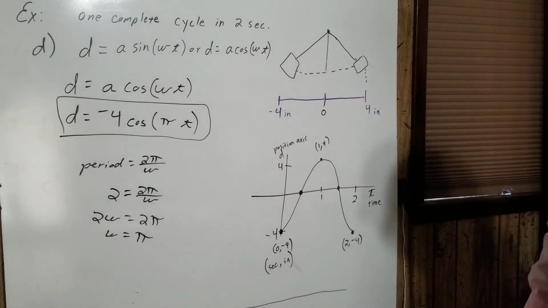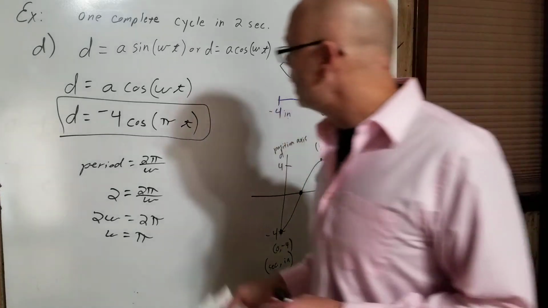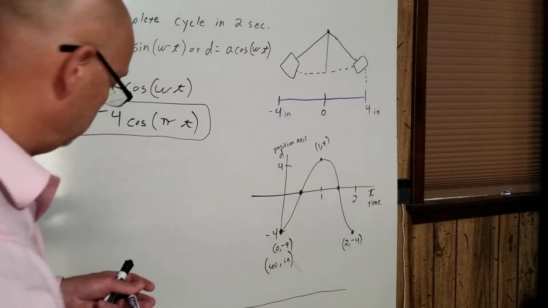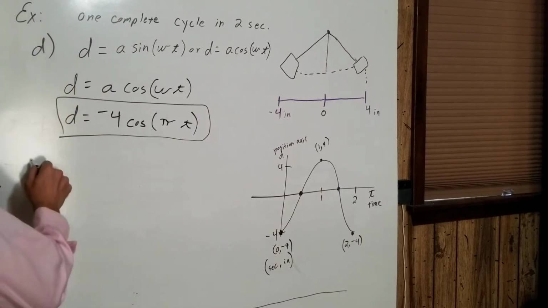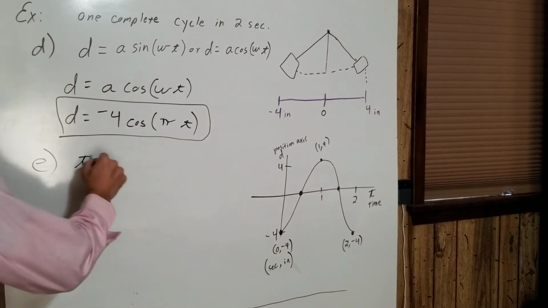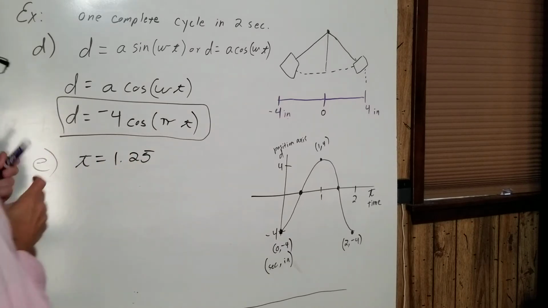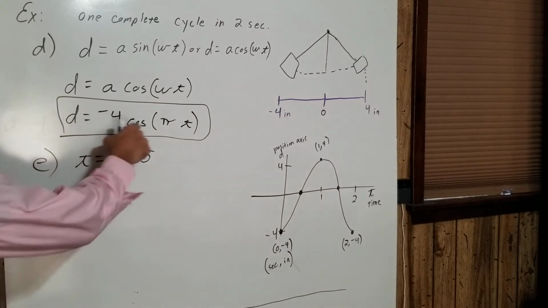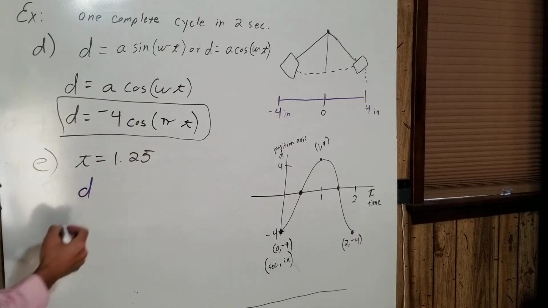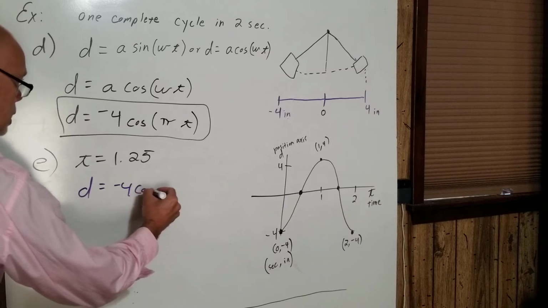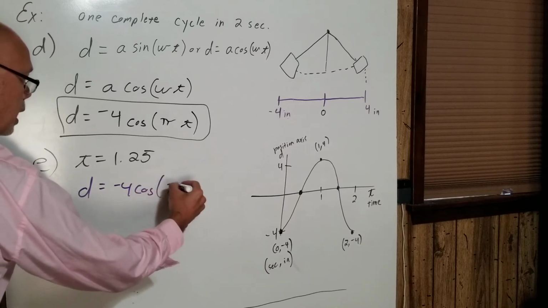Well, let's find it. So we said 1.25 seconds, and this is part E. t is equal to 1.25 seconds. Alright, so what I'm going to do is use this function I came up with to find my displacement, to find out where I'm at. D is equal to -4 times the cosine of pi times